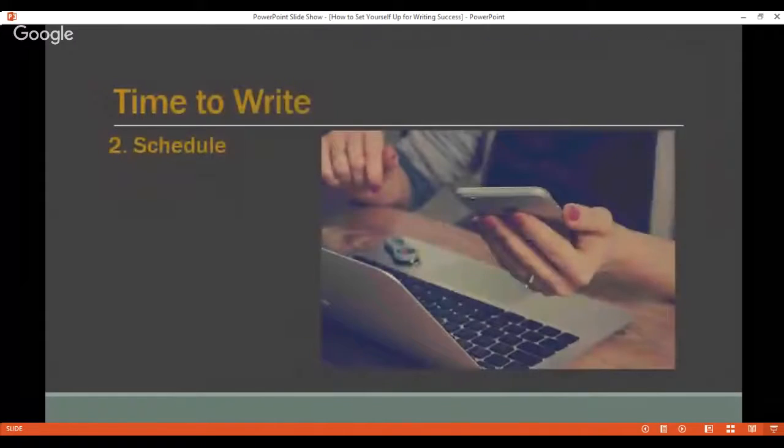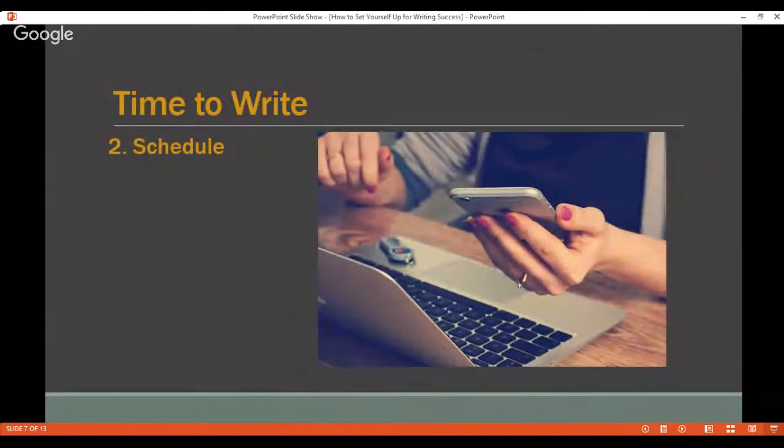Once you've got your space worked out, I want you to think about your schedule. Now, for me, like I said, I get up early in the morning to write, and I do that 7 days a week. I'm too distracted, or easily distractible, to write a couple of days a week and to remember to do it. So for me, it's kind of all or nothing. I really have to do 7 days a week. And I have to do it early in the morning. And when I stick with that formula for my ritual, I get it done. So I want you to think about what's going to work for you.